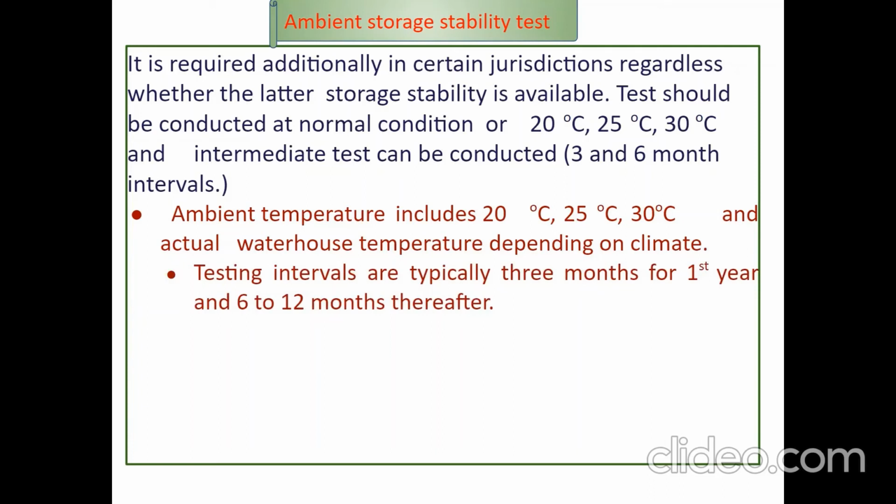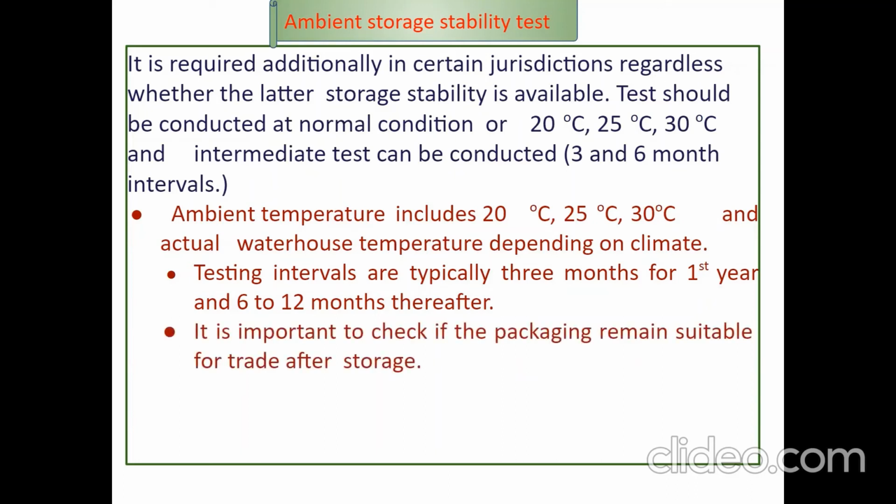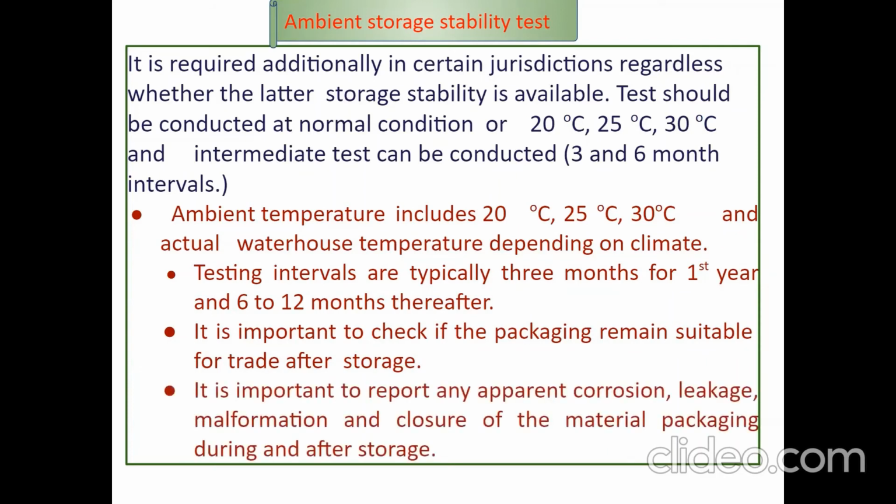Testing intervals are typically 3 months for the first year and 6 to 12 months thereafter for the ambient storage stability test. It is important to check if the packaging remains suitable for trade after storage. It is also important to report any apparent corrosion or leakage or malformation and closure of the packaging material